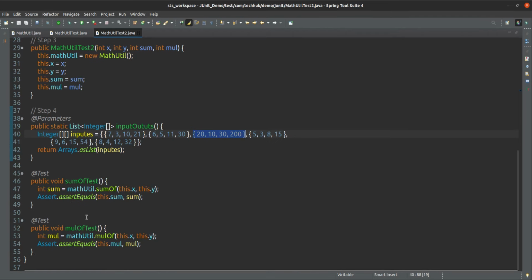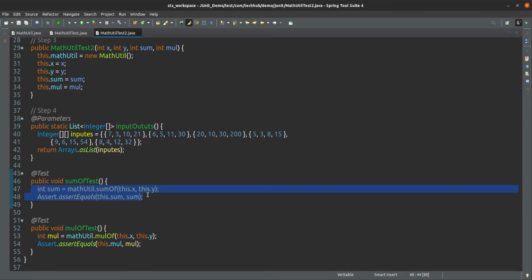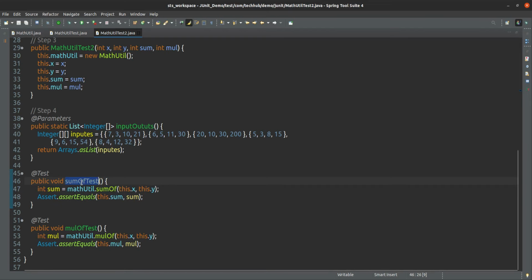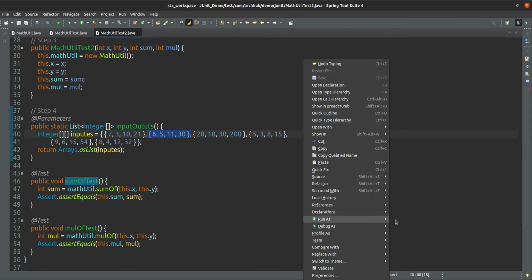After creating the object, your JUnit will call these methods, and just call these methods, nothing more than that, because internally whatever implementation you have written, it will execute accordingly, simple. It just has to execute the methods that you have marked with the @Test annotation. So the first time it will take this parameter, the second time it will take these parameters, like that it goes. So if I run this one, you will see the output.